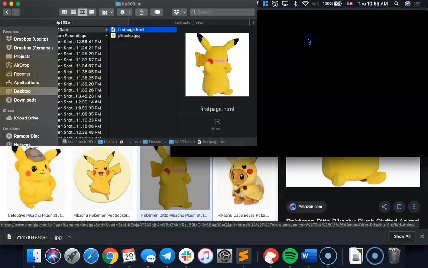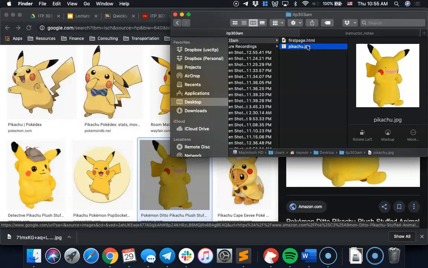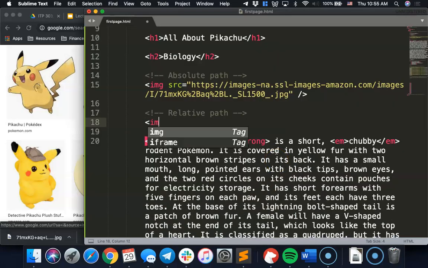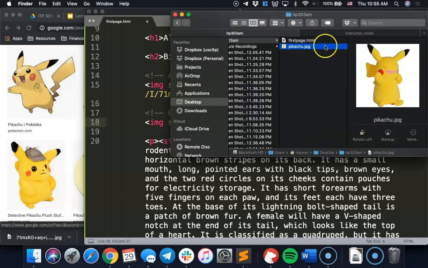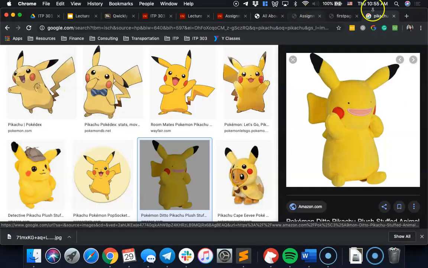All right, so this is my HTML file. This is my image file. They live in the same folder. They're neighbors. So then I could just reference it like this: img src equals Pikachu dot, what is it? PNG. Very important, PNG is different from JPG. We need to make sure you write the actual file type. And once I do that, now I am able